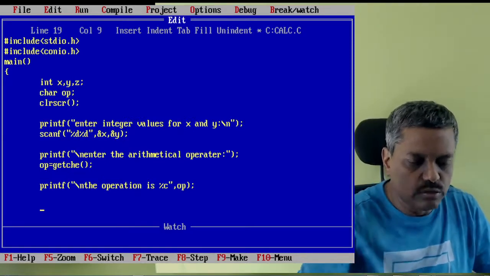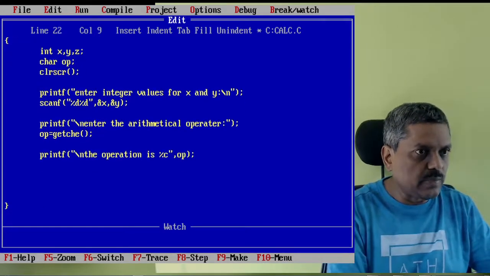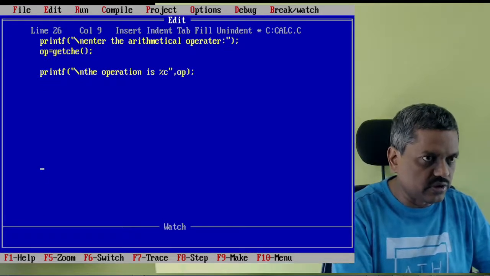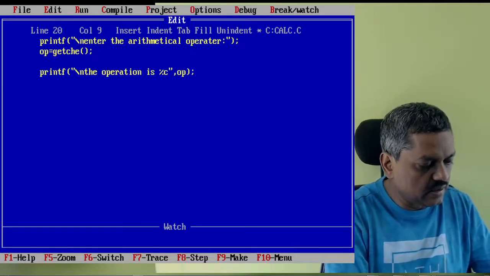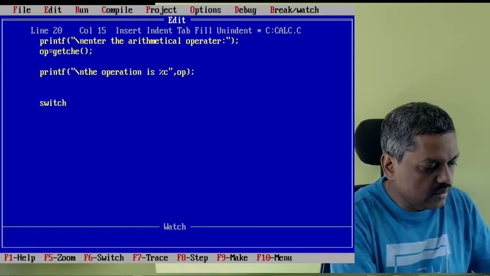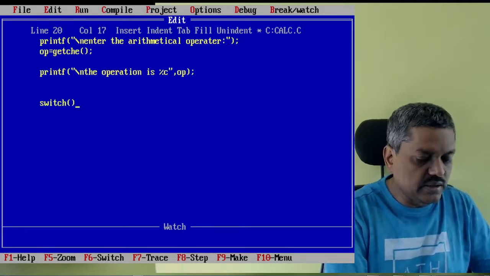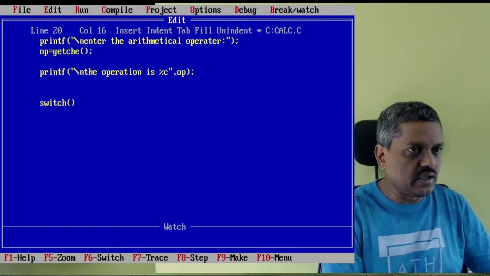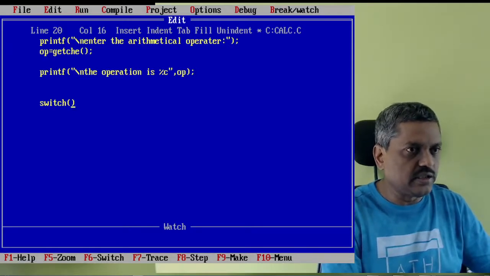Now we are ready to type in our program. We are going to use what is called a switch control structure. You know that switch is the keyword, and it needs a single expression, which can be a character or an integer, whatever it is.